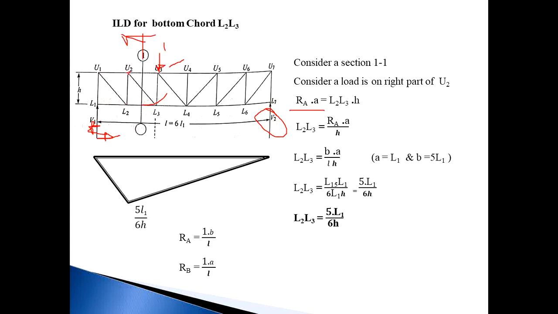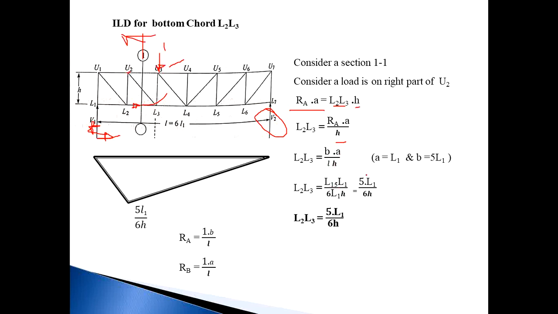So with respect to this U2 point, I want to apply a balancing moment, that is anti-clockwise, meaning our direction of the force in between L2 L3 is away from origin, and with respect to U2 the direction of the moment is now anti-clockwise, that is the balancing moment. The force is L2 L3 and the vertical perpendicular distance is now H. So L2 L3 is equal to Ra into A divided by H, and we know that Ra is equal to B by L. Instead of Ra, put B upon L into A upon H.